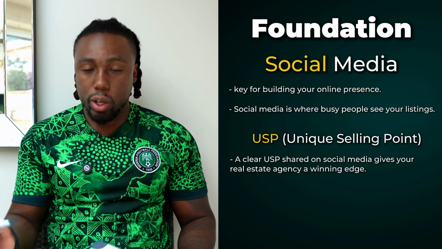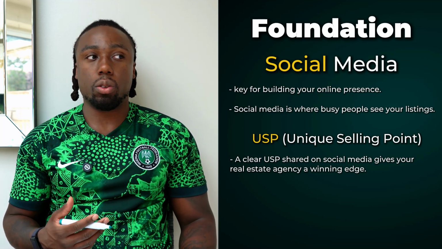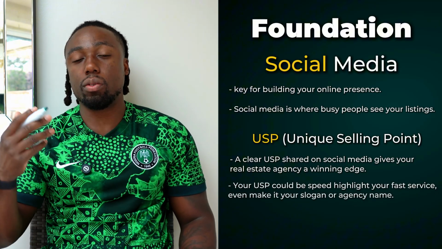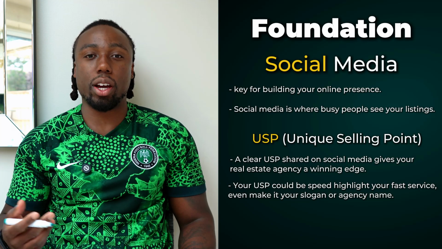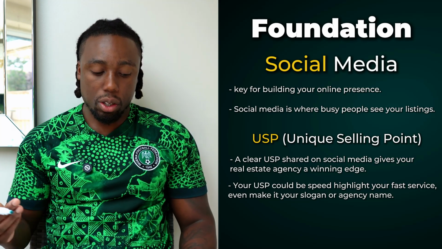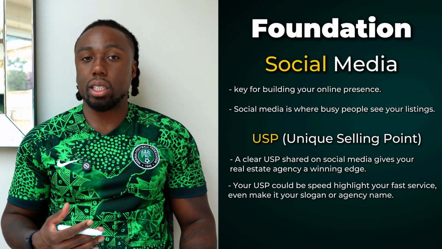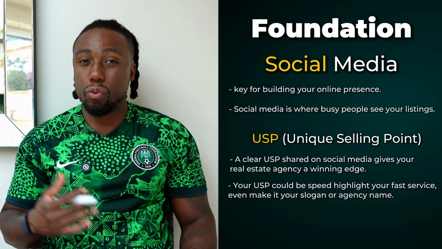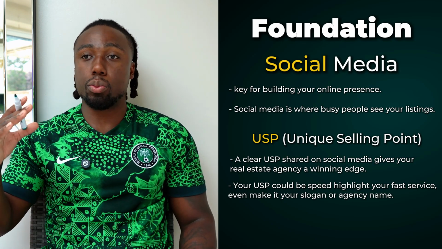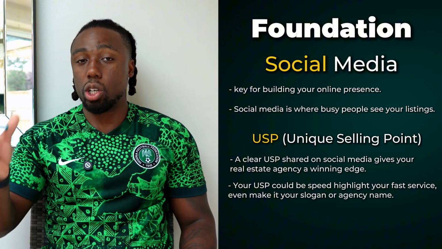But as I said, USP, for example, you could highlight the fact that your team has a strong culture of doing things quick and fast. You could even name your estate agency that, right? Or that could be your slogan, that you do things quicker than everybody else. And maybe you optimize your business for that. You use a lot of AI, which we'll talk about in a second. You maybe take on fewer deals or whatever it may be, but you do things fast, right? You could even charge more than everyone else, a higher percentage, but say that we charge more because